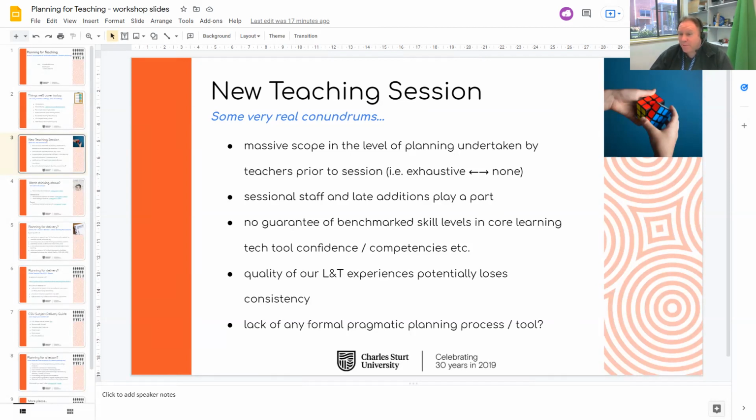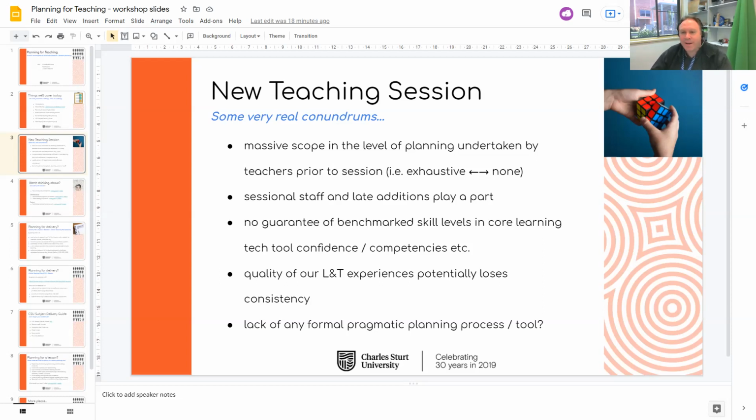they're provided with. For a lot of you that have been here for quite some time now, I'm sure you have those competencies, those levels of confidence, or we certainly try and provide ongoing professional learning around them. But quite often we come across staff that don't have those, so you can't really take those for granted, particularly in the online context. And as a result, of course, the quality of our experiences, we can't really say that our learning and teaching experiences have a consistently benchmark level of quality.